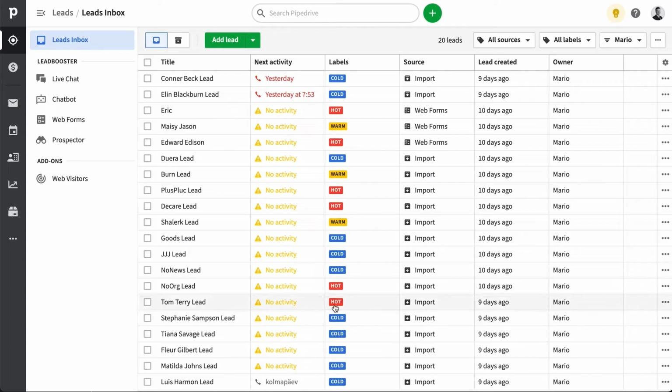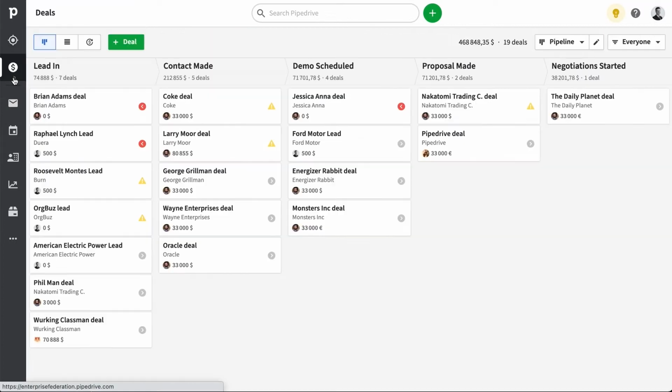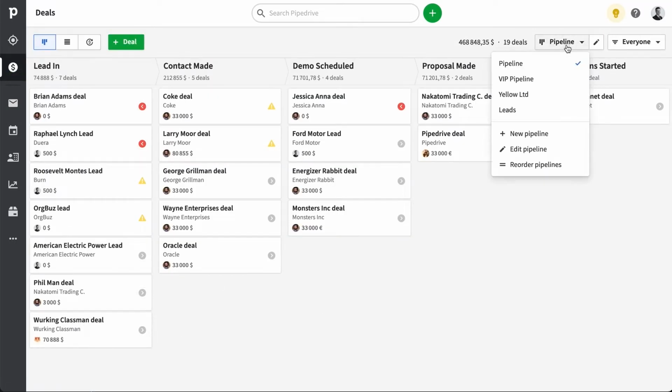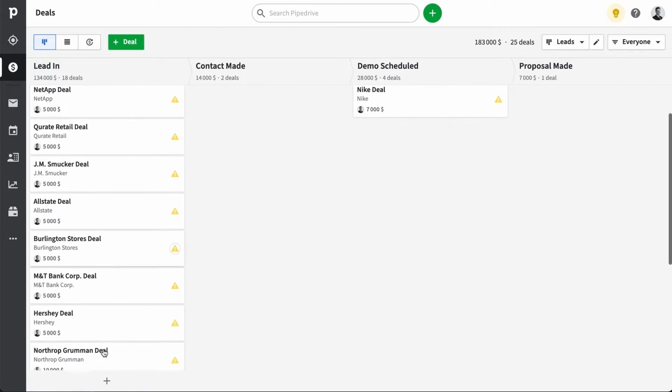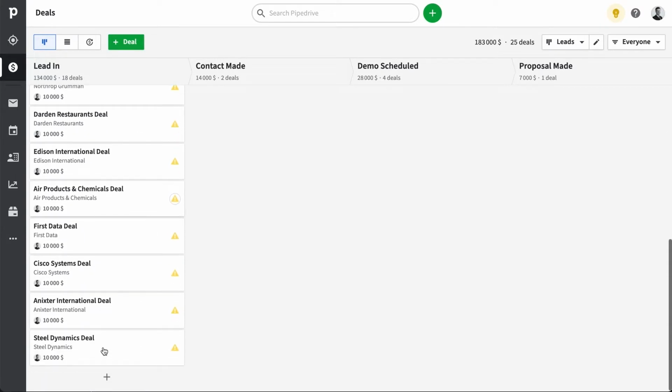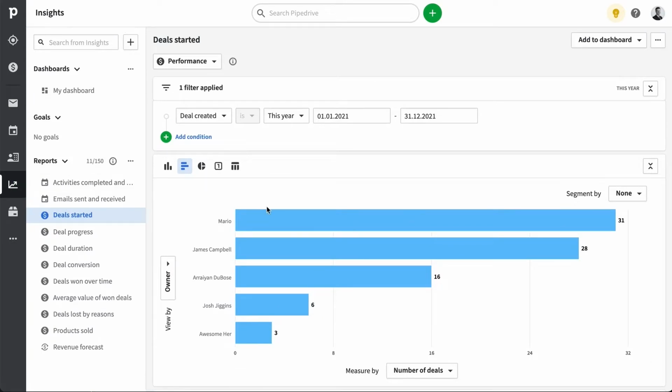Pipedrive's Leads inbox is here to declutter your sales pipeline. Some of you may or may not be keeping track of leads in a specific stage or a specific pipeline inside Pipedrive. Now, that's all well and good depending on your workflow and volume, but eventually you can find the pipeline overloading with leads. And not to mention that every deal that you add into your pipeline is tracked in your insights,